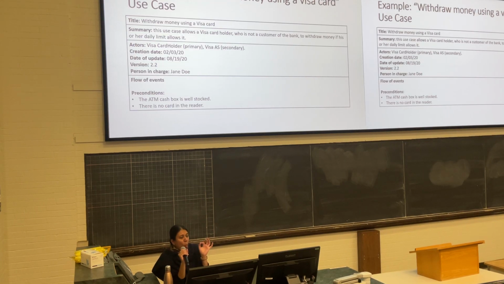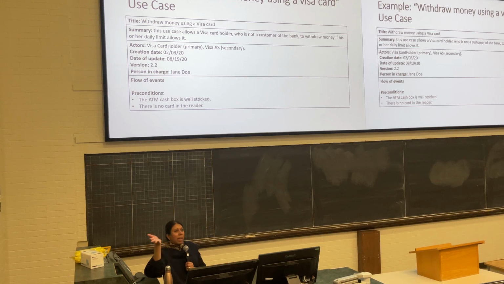So I'm going to take one use case scenario, which is withdrawing money using a Visa card. Normally you would have a table like this, and you have a summary and a bunch of different fields: who the actors are, when the use case was created. A little bit like when you write code, you put some stuff at the top, like the author and name and things like that. So you put some information about who is designing that use case. And then